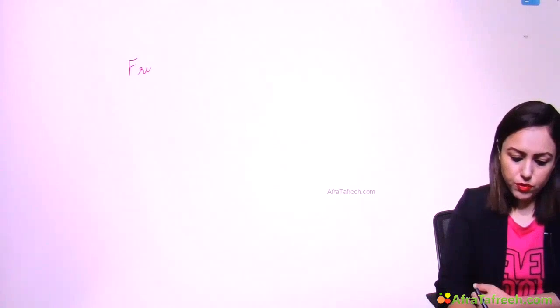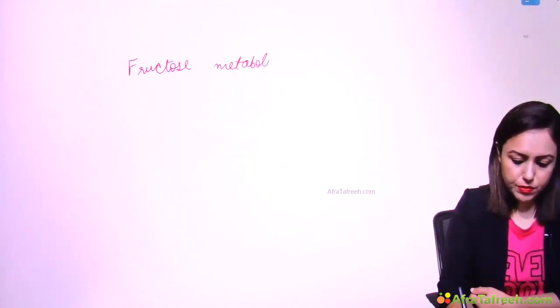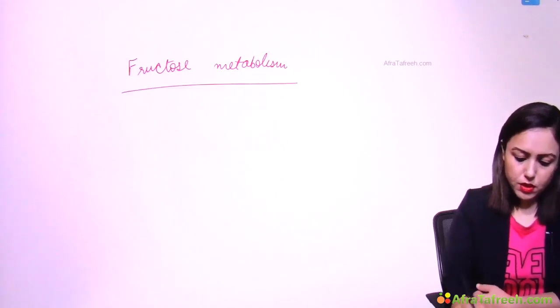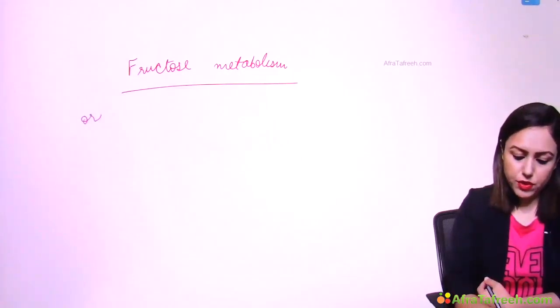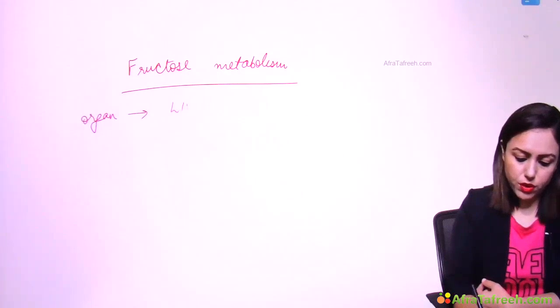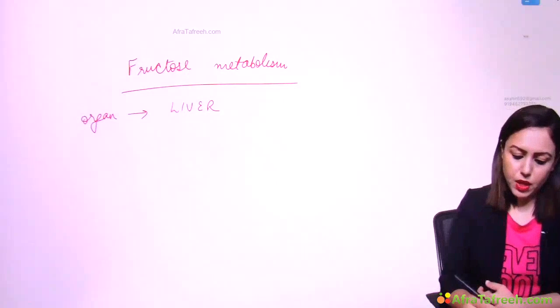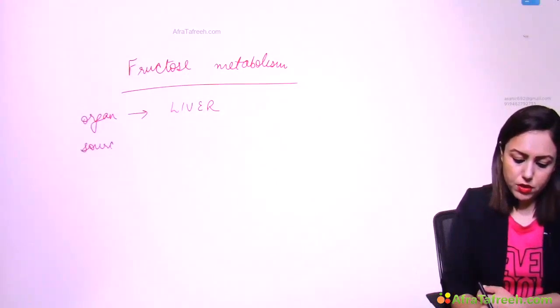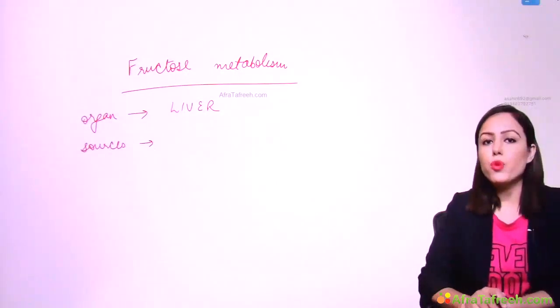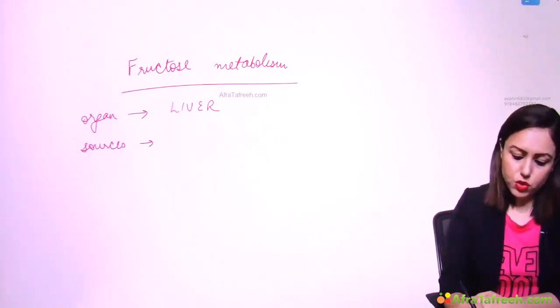So now moving on to fructose metabolism. This metabolism occurs in which organ? The organ is mainly liver, where fructose metabolism is occurring. Then what are the sources of this monosaccharide fructose? The sources are